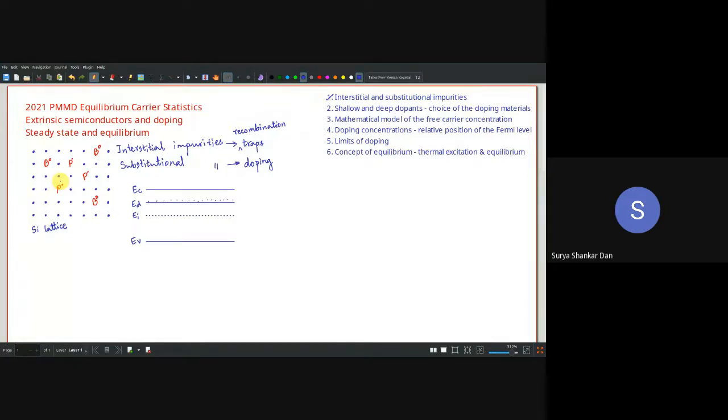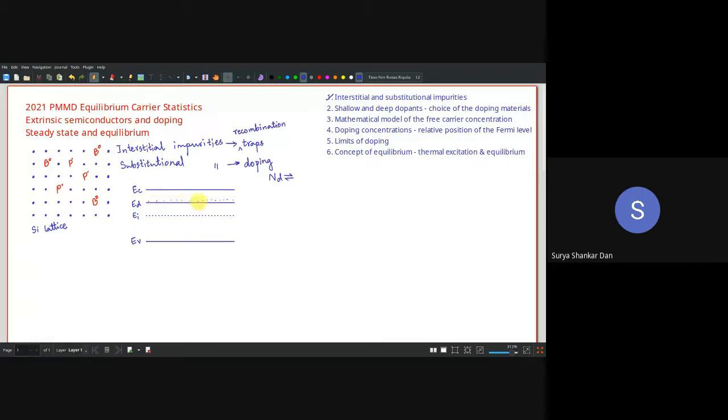So if it is substitutional, only then can you imagine this ED energy level. Once you have this ED energy level, clearly it is phosphorus, so one electron will be there. If the concentration of phosphorus is, let us say, Nd, how many free carriers will you get? Not free carriers actually. The whole objective is that once you have doped it, you are going to have Nd phosphorus atoms inside the silicon, right?